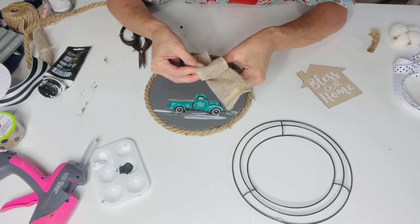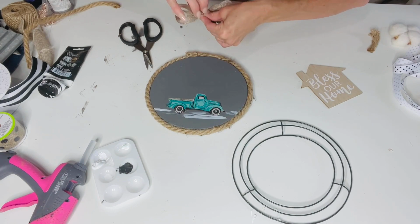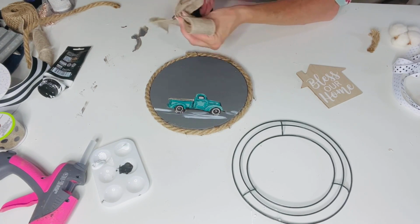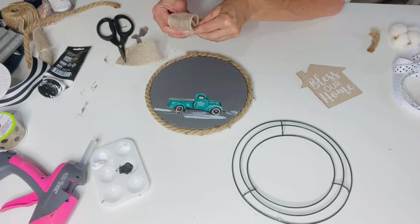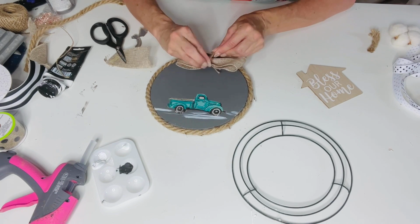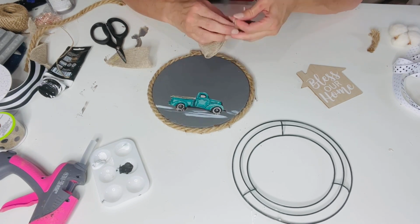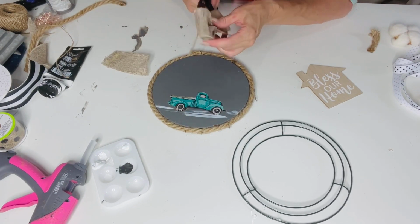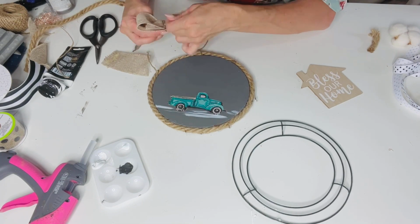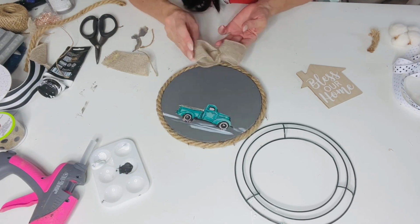off of a little tin, and then I'm just going to pinch together my little burlap here and make a quick little easy bow. You just loop the ribbon over on itself, pinch it in the center and make a bow, and then I'm going to tie this off with some twine. Once I had that done, I'm going to hot glue that to the top of my little sign. And again, you guys could get totally creative and decorate this however you wanted with whatever bows